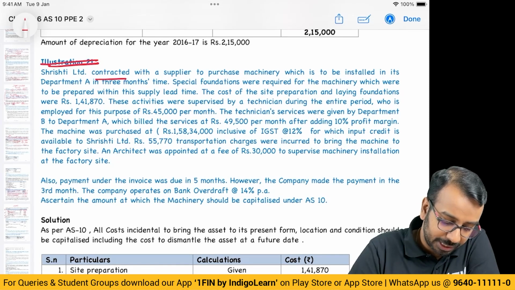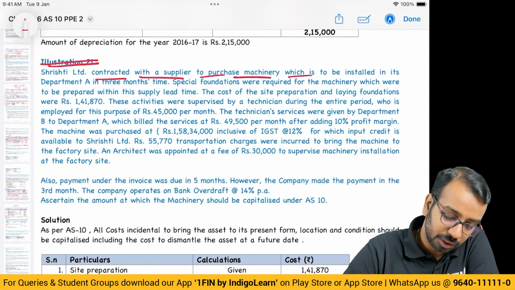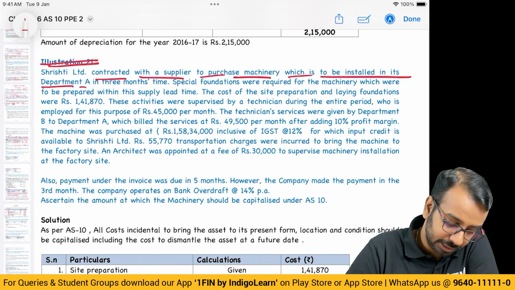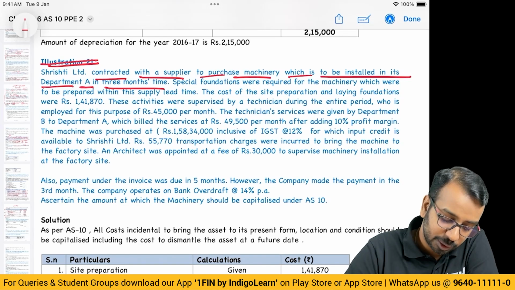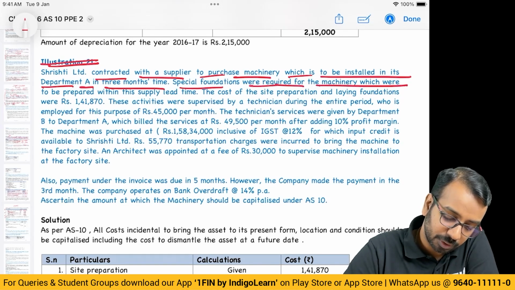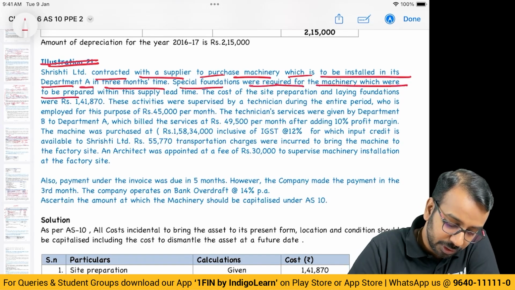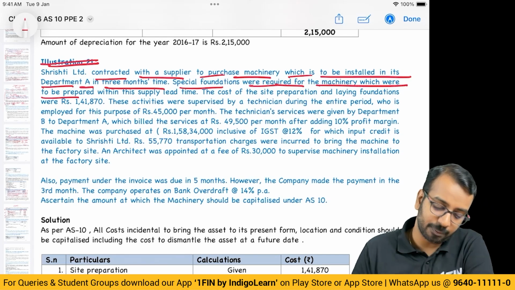Srishti Limited contracted with a supplier to purchase machinery which is to be installed in its department A in 3 months' time. Special foundations were required for the machinery which were to be prepared within this supply lead time. The cost of the site preparation,